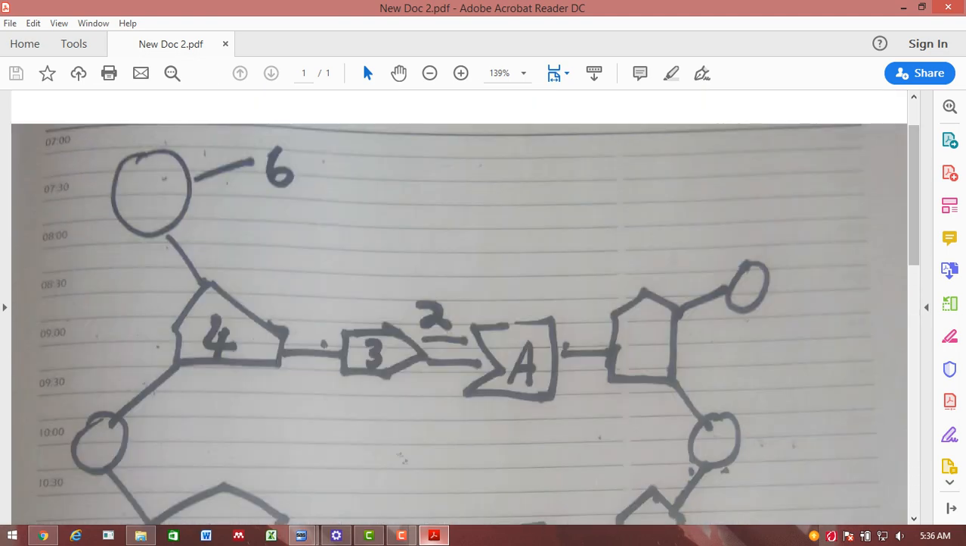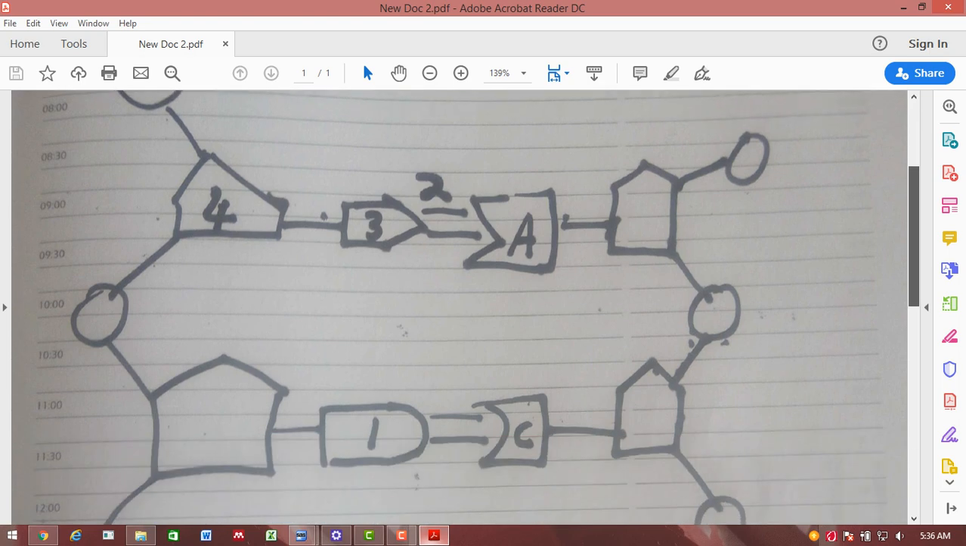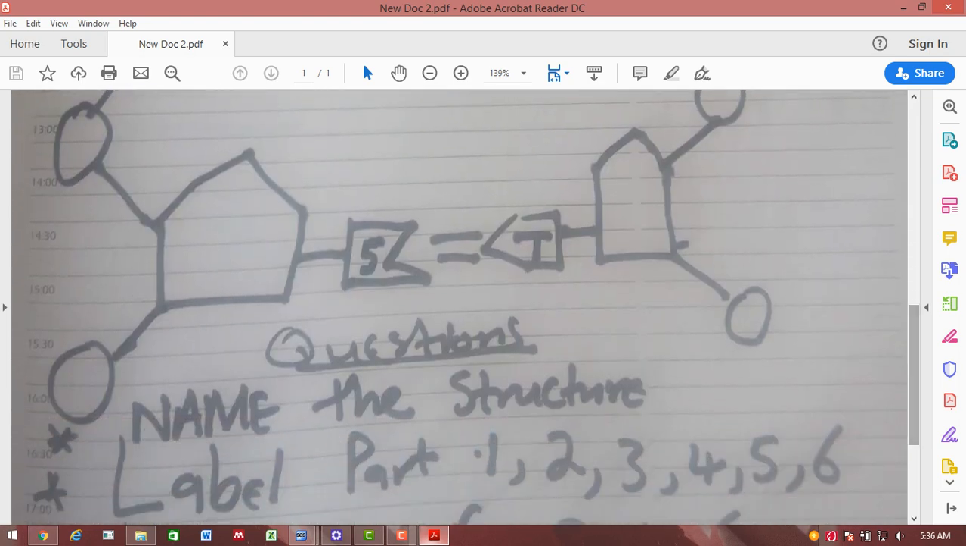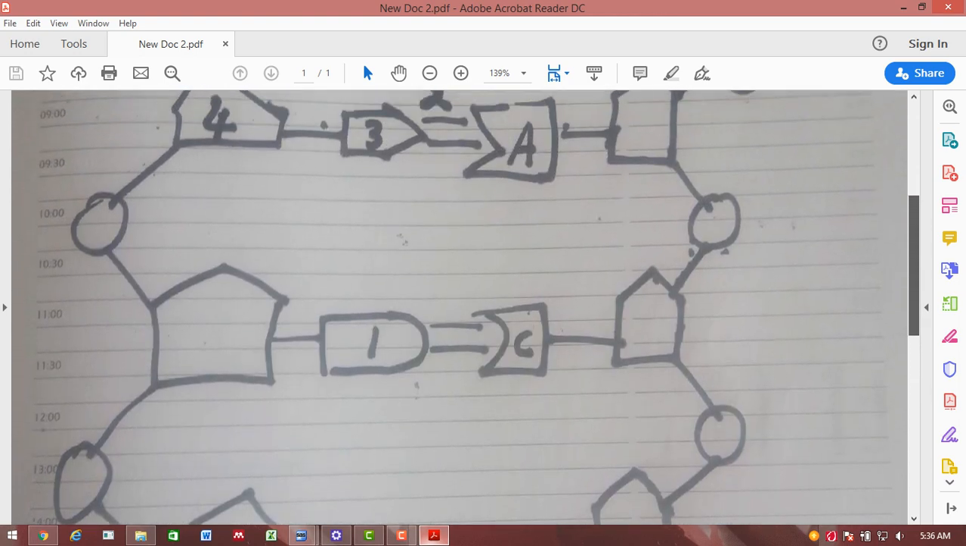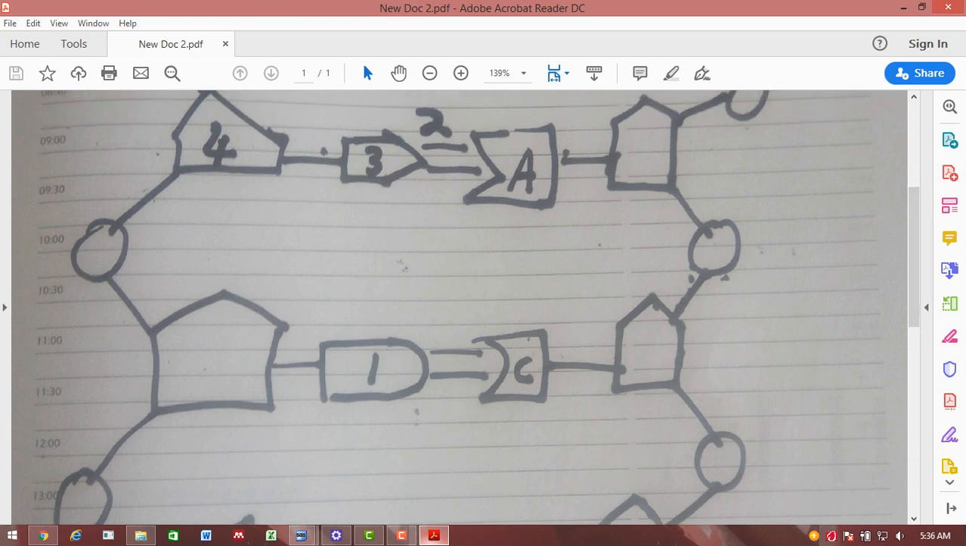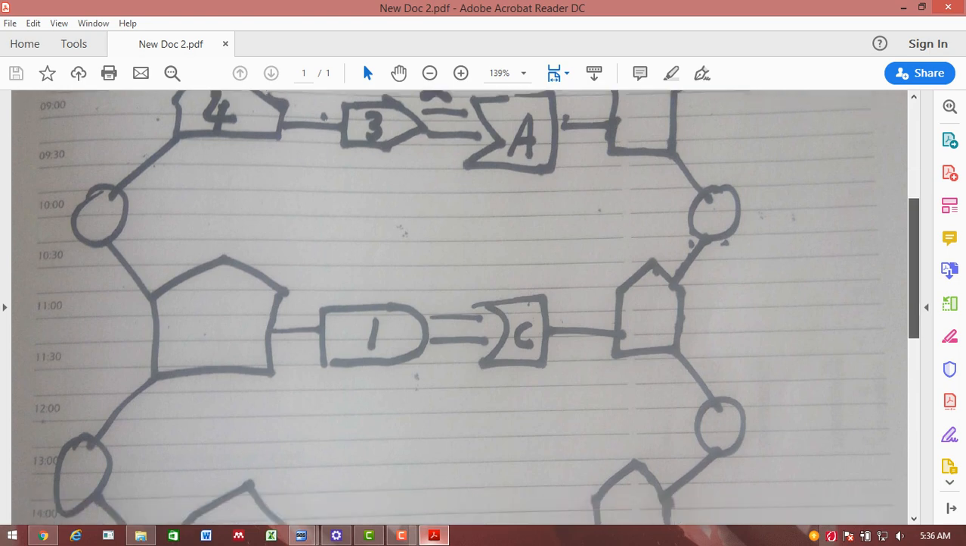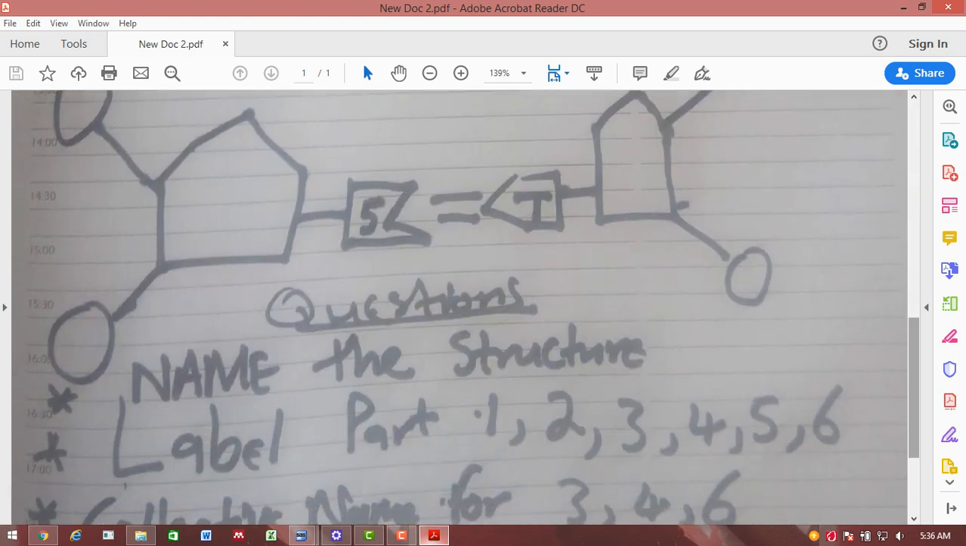The first question says, name the structure that is shown there. Now the nucleic acid structure here is the DNA, because we have the two strands, the right hand and the left hand strand bonding together. Since we know that this is a DNA structure, they say label part 1, 2, 3, 4,